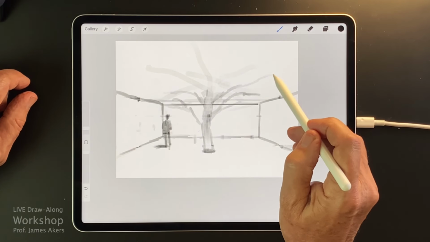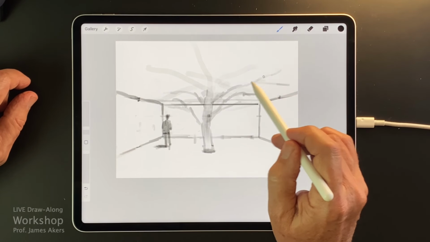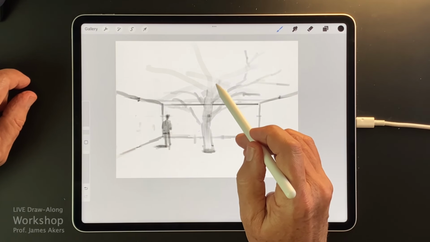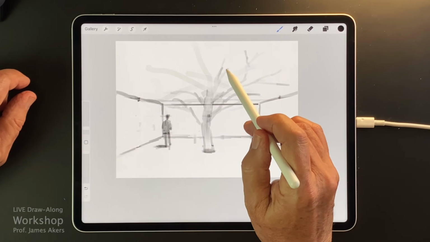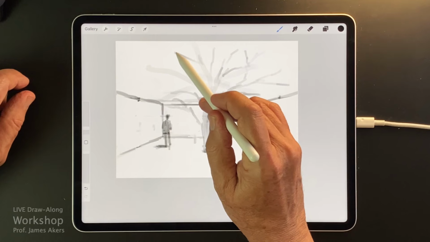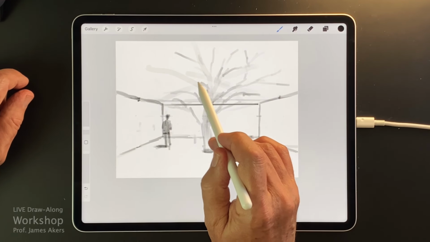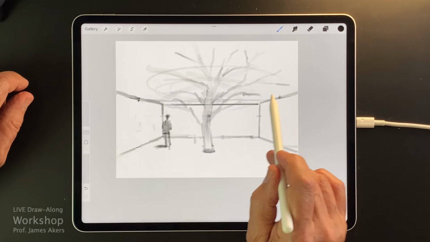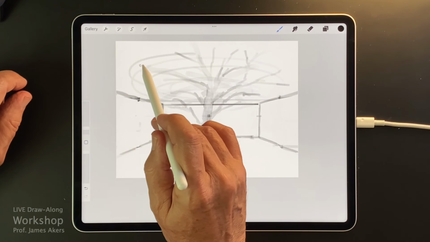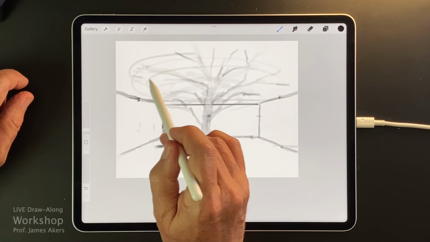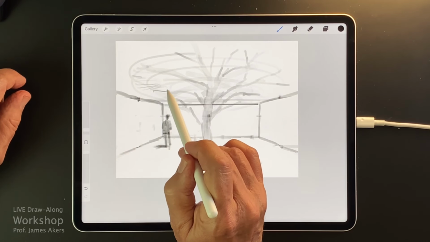And trees are a little tricky to draw because they're happening in 3 dimensions above you, and you all are familiar with that, I'm sure. So it really helps to have a precedent that you're looking at. But I'm going to try and create this sense that it's coming out over this space. So I'll be having limbs that, I'm going to shorten this a little bit, I'll be having limbs that come out at least this far.